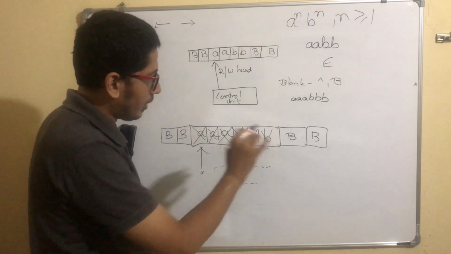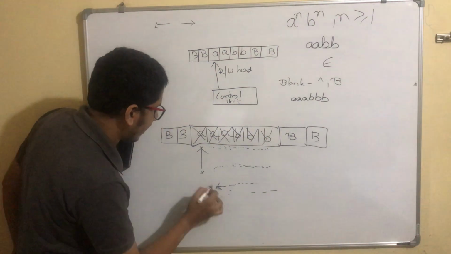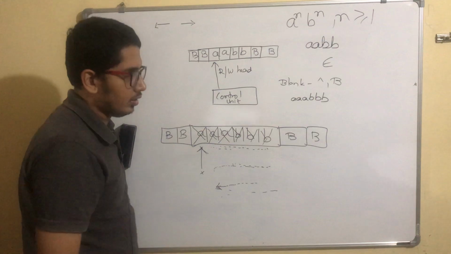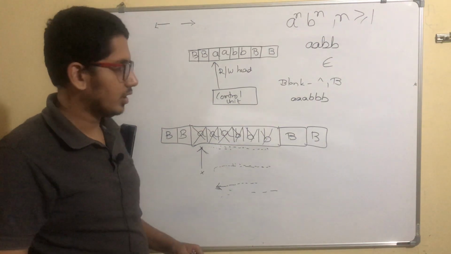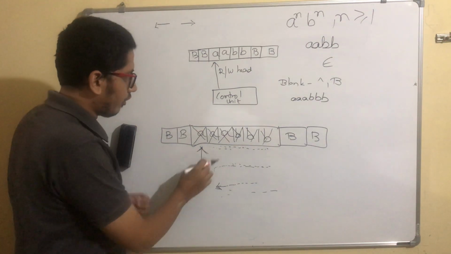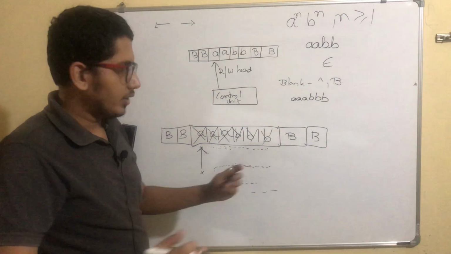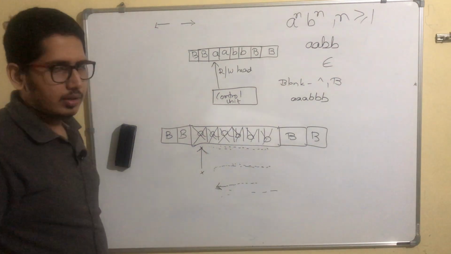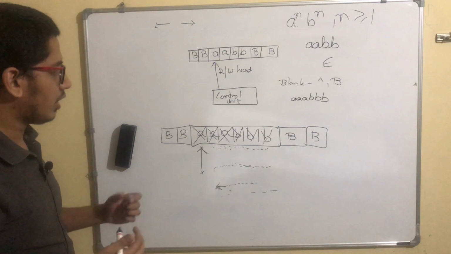So that will be the end, but at the end again the pointer will come and stand here at the starting. This is not compulsory, but it's a convention that initially the read write head is started from here. So it's a convention followed that at the end it stops here. So this is how a Turing machine works.